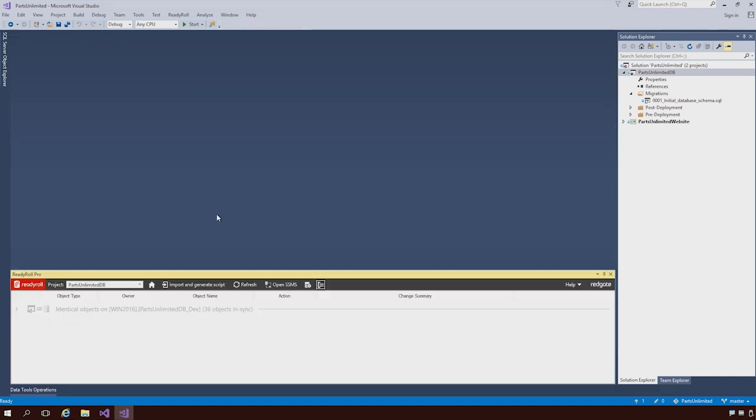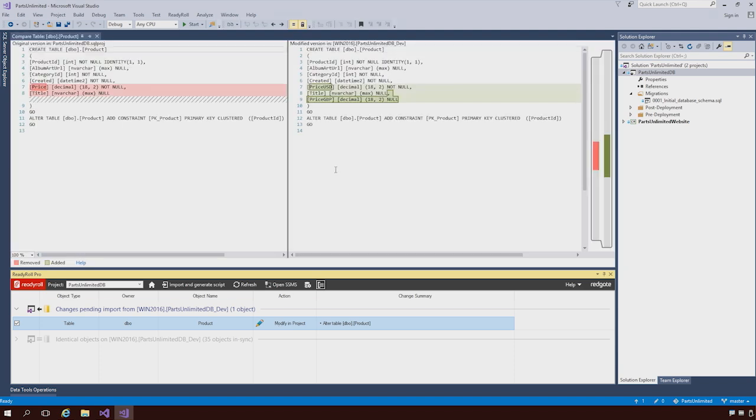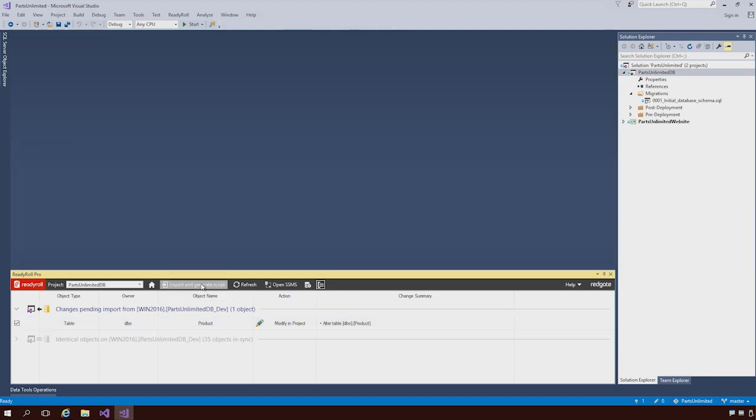Having made the changes to the database, all I need to do is click the refresh button on the ReadyRoll tool window, and it will analyze the database and see what changes I've made. And you can see it's identified that I've changed the product table. If I double click on this, I can see the information about what change I've made. We can see how price has been renamed to price US dollars, and we've got this extra new price column that's been added. If I click Import and Generate Script,